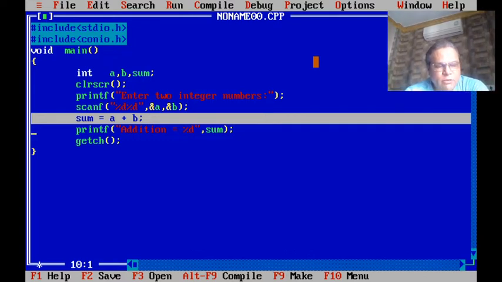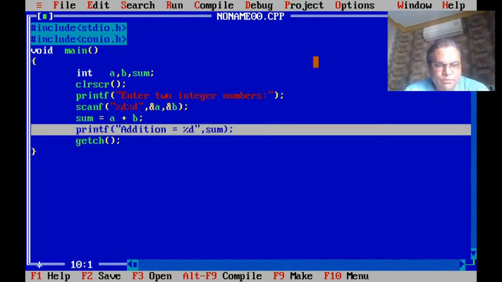It is just one arithmetic expression which will perform addition of two integers and store the result into sum. But we can say that calculation is also performed by main. Now if you see this particular command, you will understand this is the output operation by which main will display the result to the user. So all three operations are right now performed by main.